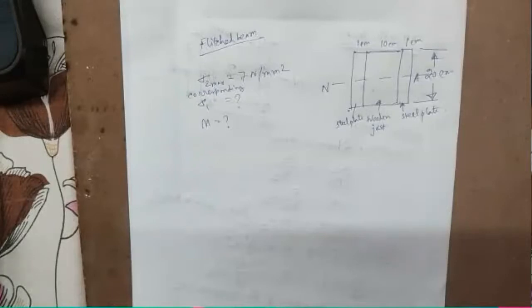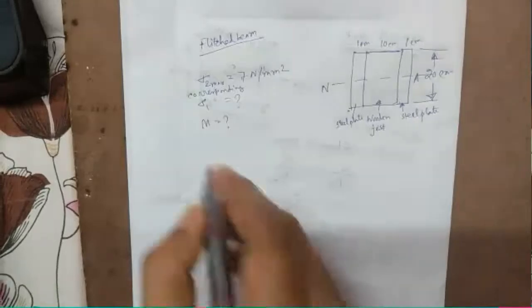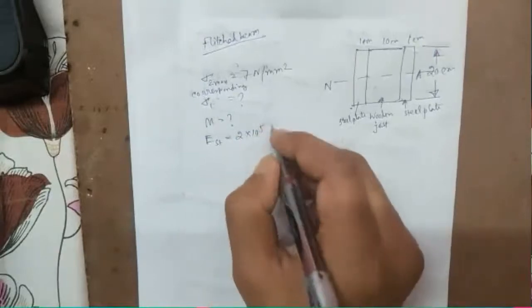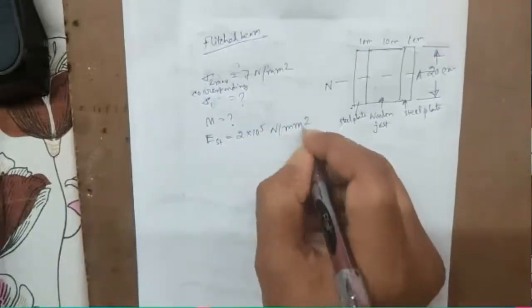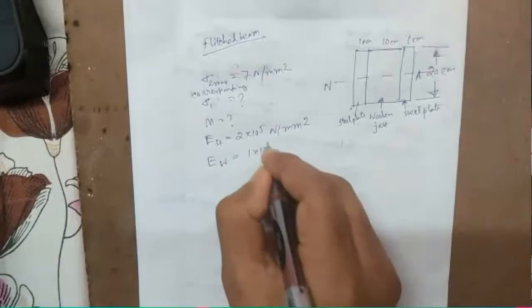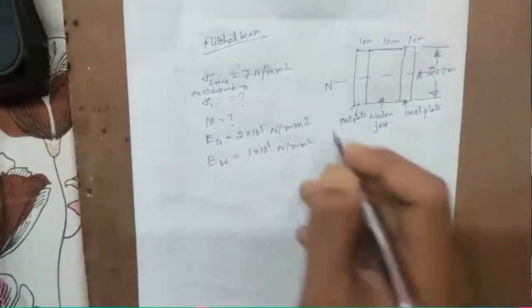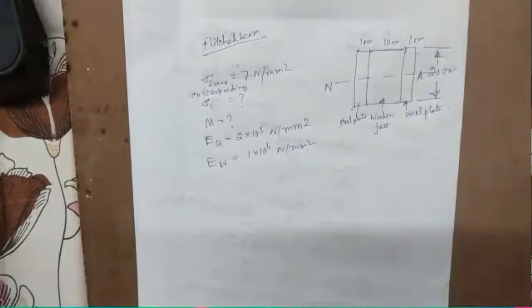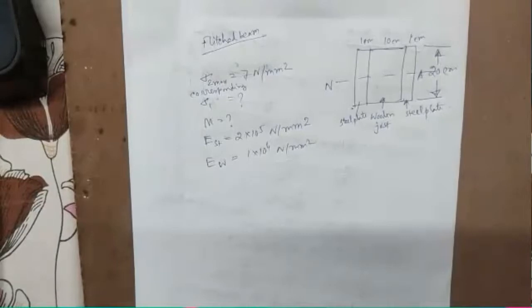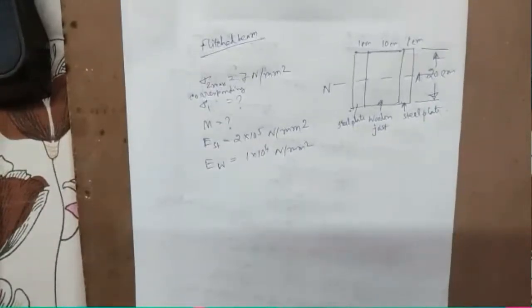Dimensions are given. One stress is also given. So maximum stress in the wood is 7 Newton per millimeter square, and elastic modulus of steel is given 2 into 10 to the power 5 Newton per millimeter square, and for wood is 1 into 10 to the power 4 Newton per millimeter square. Okay, now our job is to find first the corresponding stress in the steel. So we know in this case on the common section